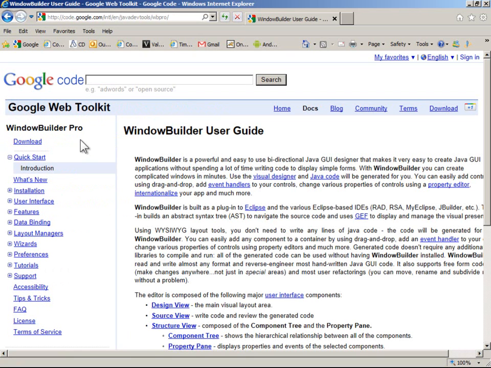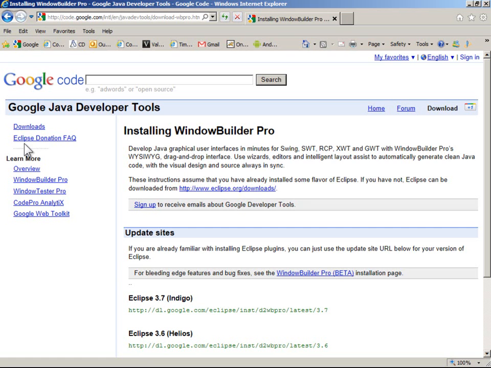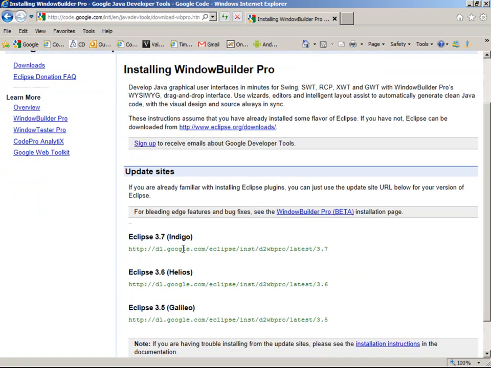Window Builder Pro. Still free, even though it's called Pro. And this is kind of a misnomer because when you download it, you're not really going to download it in the usual sense. You are going to go and get one of these links and put it in your